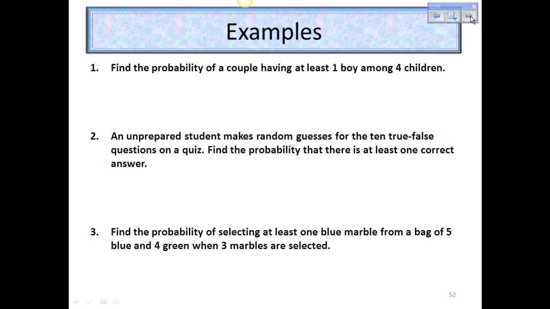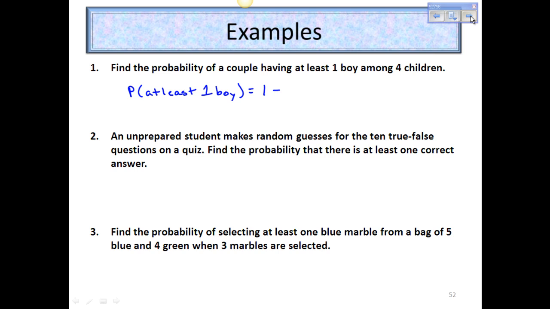First example. Find the probability of a couple having at least one boy among 4 children. So the probability of at least one boy is equal to 1 minus the probability of no boys. Let's decide, is this independent or dependent? Does the fact that you have a boy for one child affect the probability of having a boy for your next child? No. So these are independent